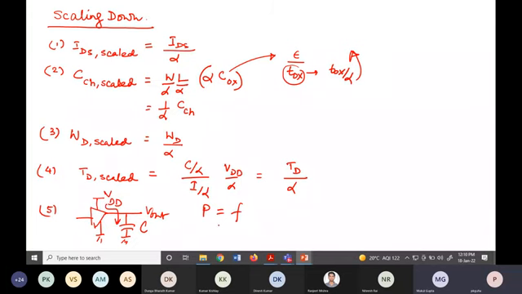So the power associated with digital gates, we can write F C VDD squared. Okay, if we just assume that the frequency or operating frequency remains the same, then P scaled will be